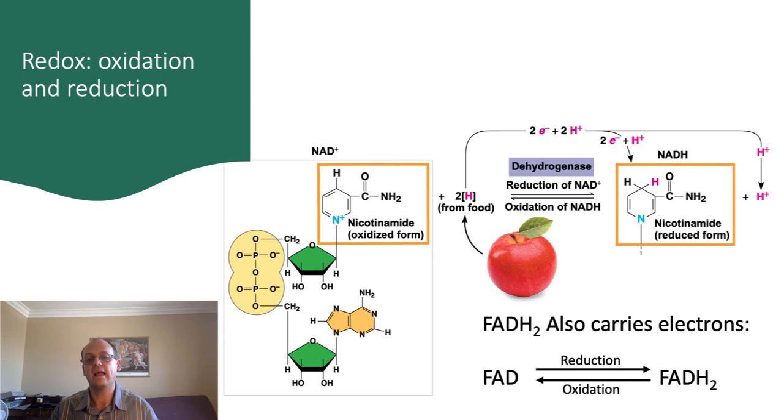And when the molecule has accepted two electrons and one proton, it has an additional hydrogen, and the nitrogen is no longer positive. So NAD+ can be reduced into NADH very easily. And the reverse is also true. NADH can be oxidized into NAD+. This ability to accept and release electrons makes this a very useful electron carrier, as we'll see later. In a similar way, FAD is another molecule that can accept electrons to be reduced to FADH2 and then oxidized back to FAD.